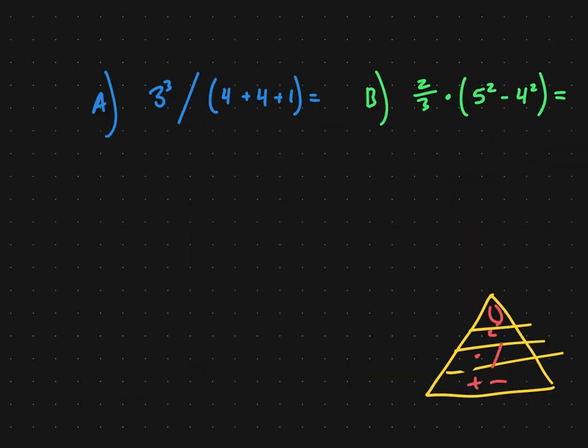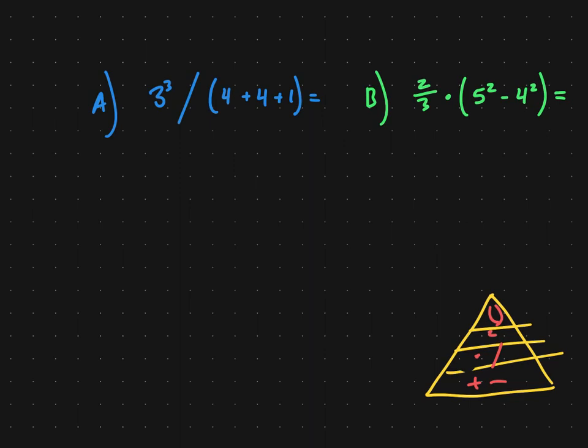All right, here's a couple for you to solve. Notice I put a beautiful replicate of the order of operations pyramid down here in the bottom. So here are two for you. Problem A is 3 cubed, or 3 to the third power, divided by 4 plus 4 plus 1. It's a parentheses problem that has more than 2 numbers in it, but I have faith in you. Do your best. Or B is 2/3 times